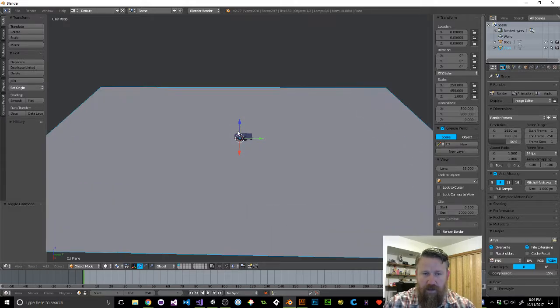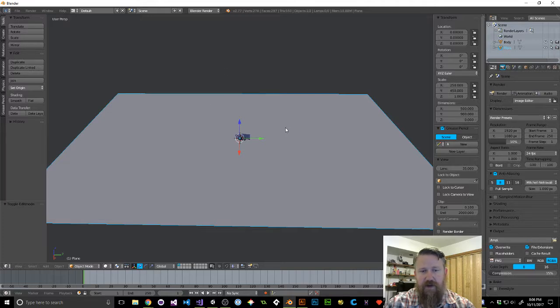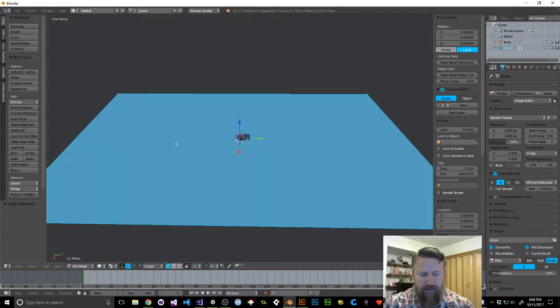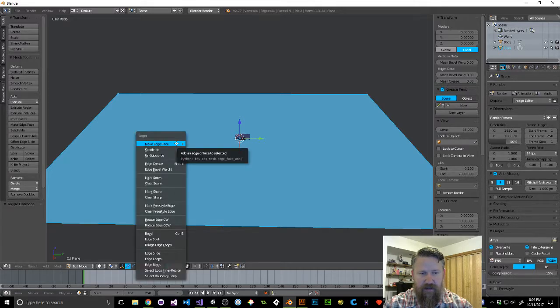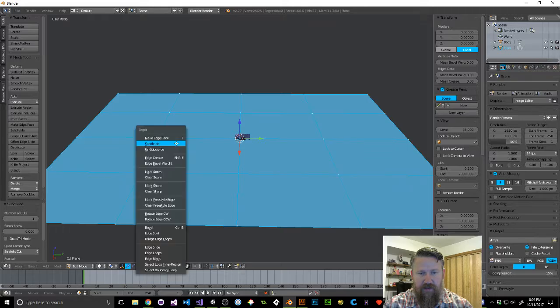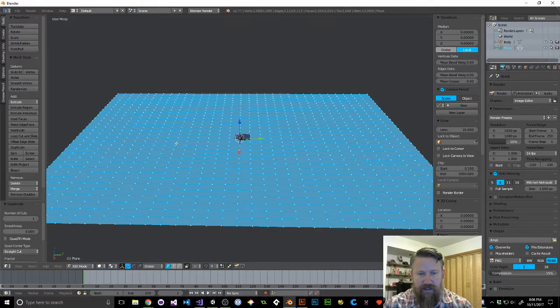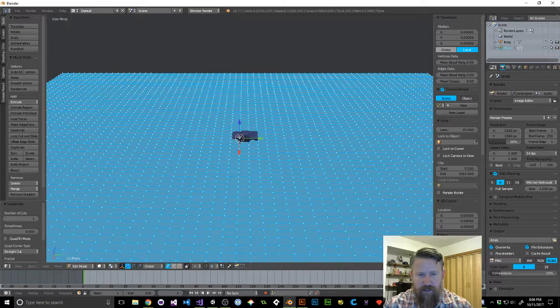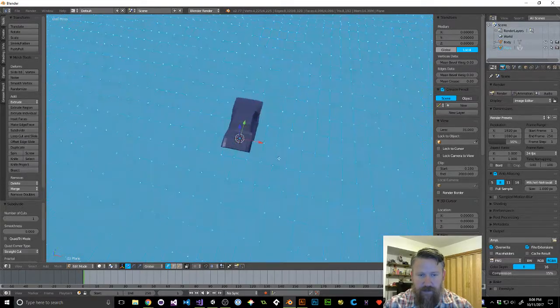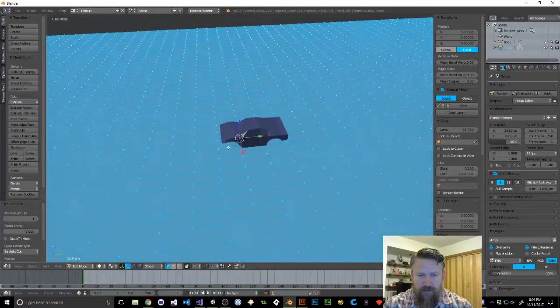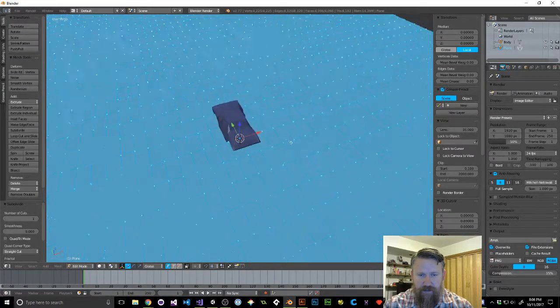So what I need to do now is subdivide this surface so I have enough polygons to work with, as far as molding the shape of the ground. So what I need to do is hit Control E for edit, S for subdivide. I'm going to keep doing this until I get about, one more time, what I'm looking for is about 6 squares per,